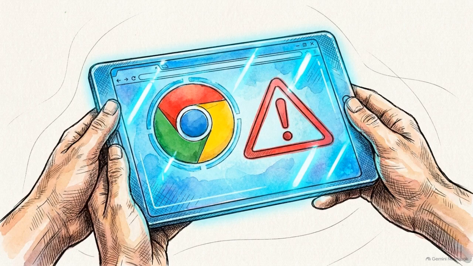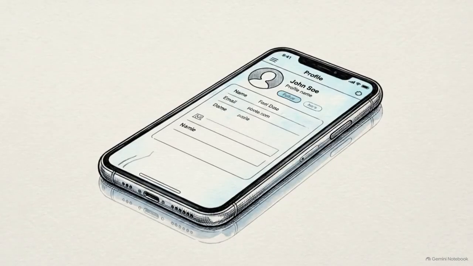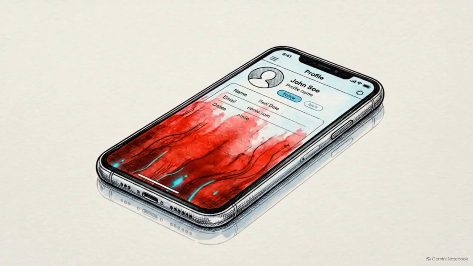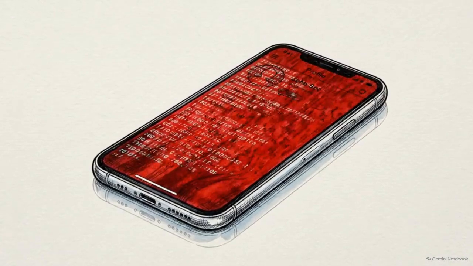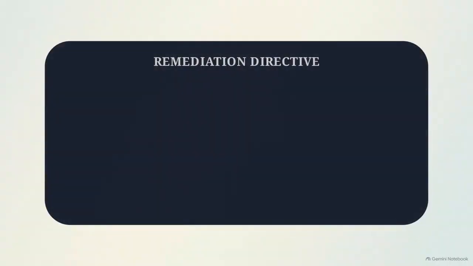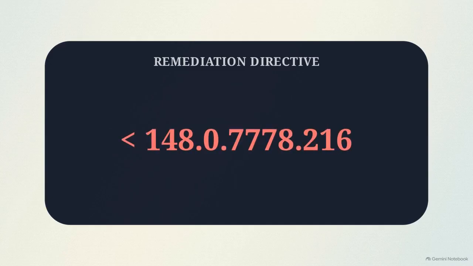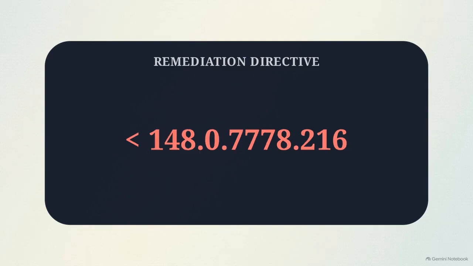148.0.7778.216 are vulnerable. Despite the lack of current active exploitation, the massive blast radius to sensitive mobile session tokens makes waiting for weaponization a critical operational failure. The remediation directive is immediate. Enterprise MDM administrators and individual users must force an update to Chrome version